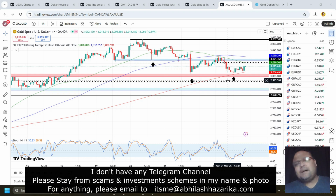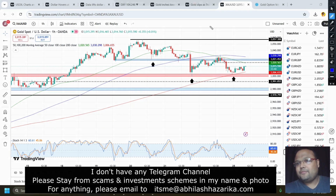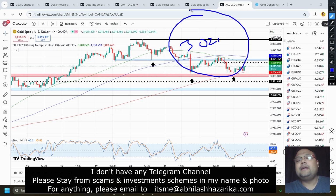I also made some good money, but I had a little accident yesterday. Not physically, but in trading. I was bored, just watching the chart, and I took an impulsive trade around 3021. The market was slow and suddenly there was a big candle here, and I was stuck in a bad position. My dear friends, emotions can be dangerous. I have been trading for 12 years, but still I face these challenges. Can't help it. Anyways,